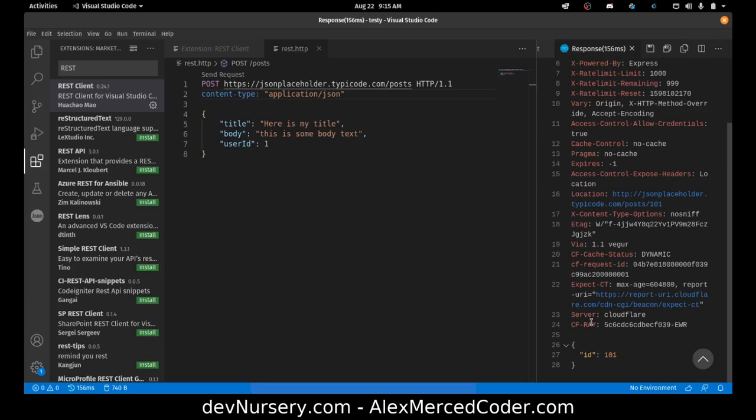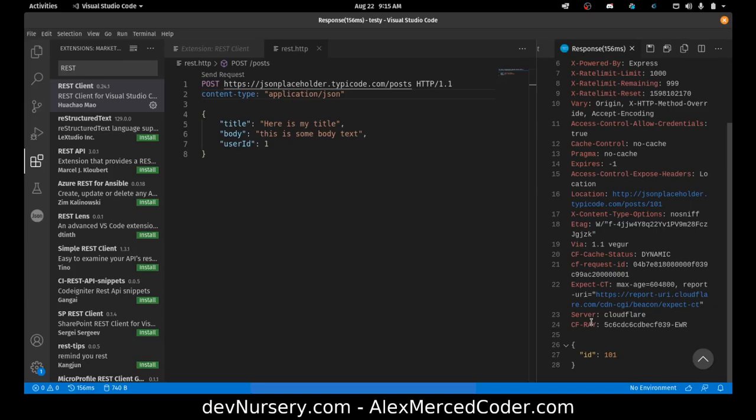So the idea is you learn three ways: cURL, Postman, and using REST Client in VS Code. They're all legit ways to be making requests to test your APIs. Again, testing APIs can oftentimes be tricky because you want to make sure you send the right headers and the right syntax and the right body and the right information, whether it's XML, form URL data, or JSON, as we used in today's example, because that's the most common one. It can be tricky,